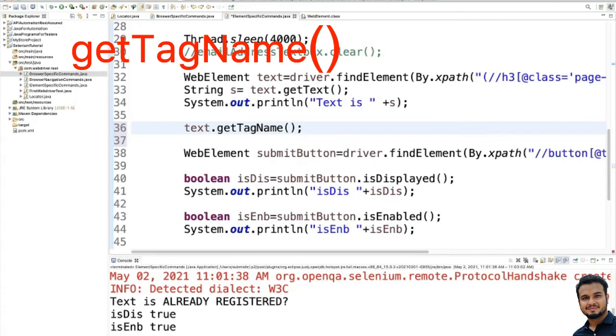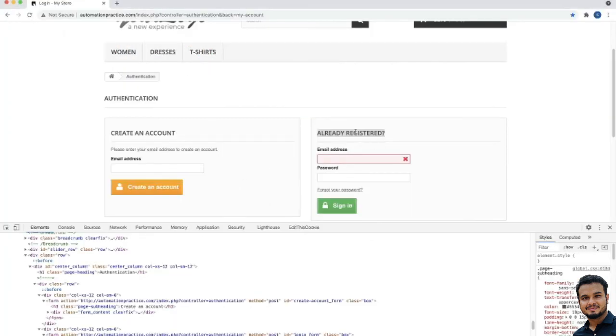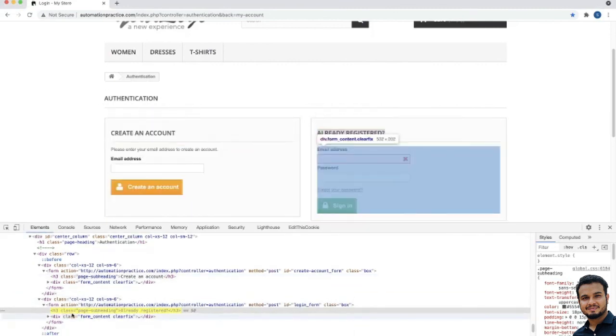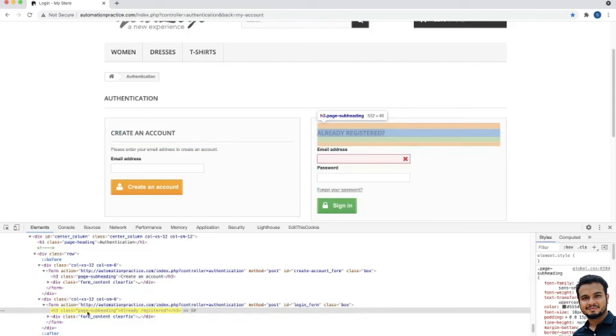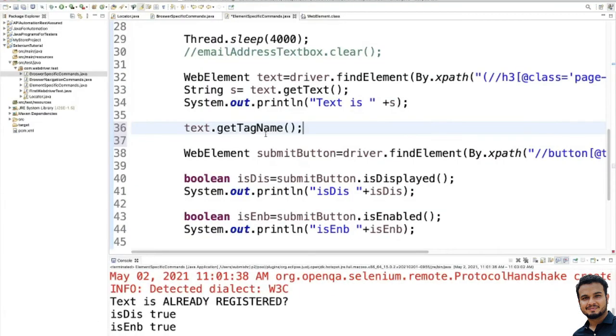What is the tag name used in that case? You can find the tag name using this getTagName. You don't have to pass anything as a parameter, and it will return a string value.